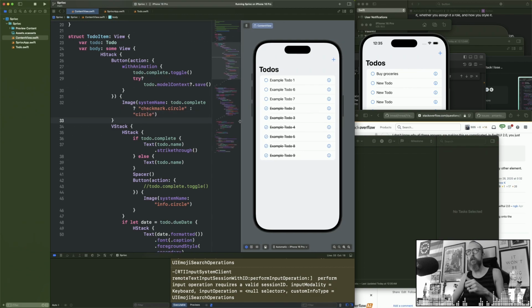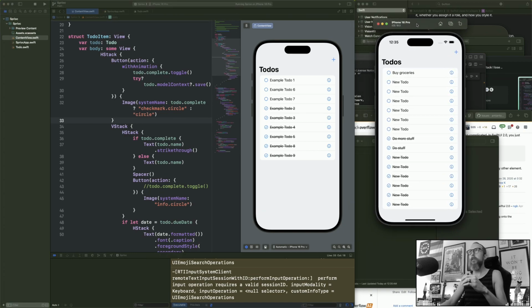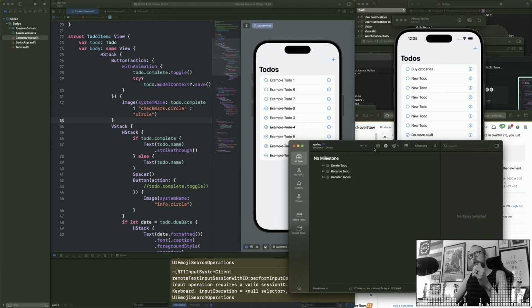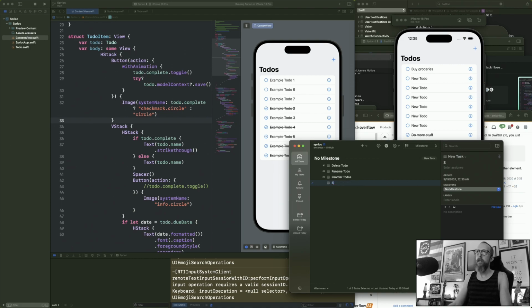What are some other things that this app probably needs to be more feature complete? Aside from being able to delete a to-do, rename a to-do, reorder the to-dos. Oh, due dates. We want setting due dates. Let's just call this one due date functionality, because there's multiple things to this that we should probably take care of all at once. And we might as well add a little description down here and say